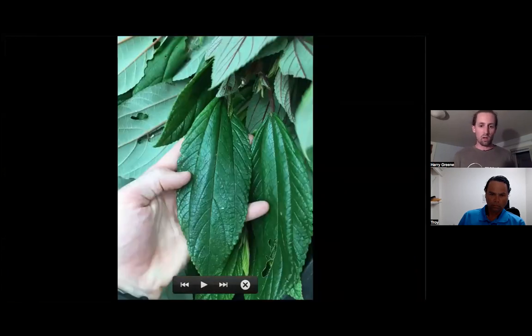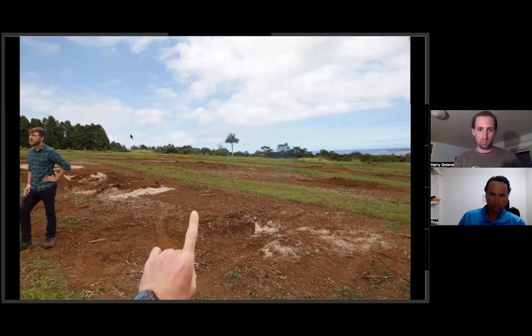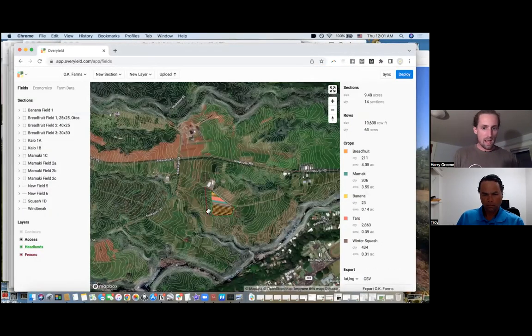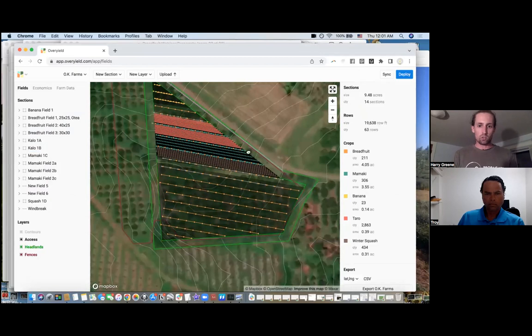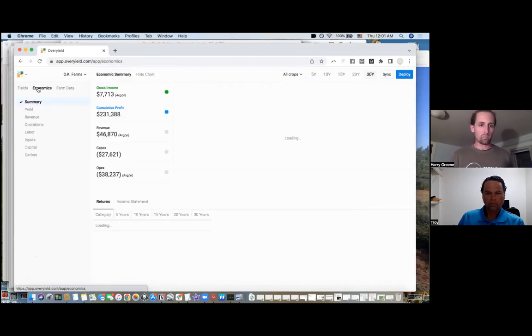So kalo, mamaki, and this farm at OK Farms is what I'm going to dive into quickly in Chrome on our app. It's an agroforestry planning software where you can draw lines and essentially you get yields, cost, revenue, labor assumptions, and a whole lot more. So here, over 30 years, you can look at how productive this system is going